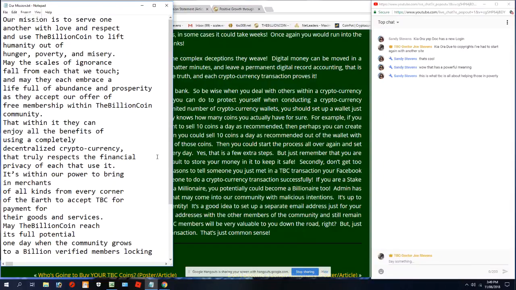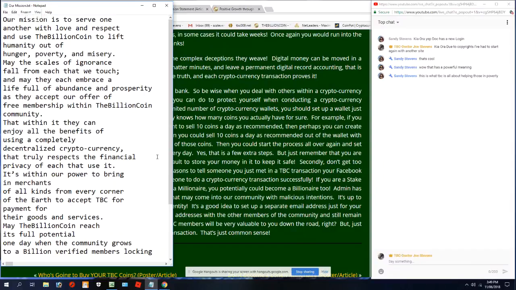And may they each embrace a life full of abundance and prosperity as they accept our offer of free membership within the Billion Coin community. That within it, they can enjoy all the benefits of using a completely decentralized cryptocurrency that truly respects the financial privacy of each that use it.